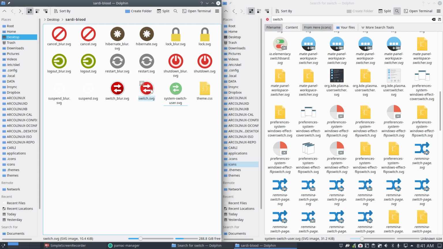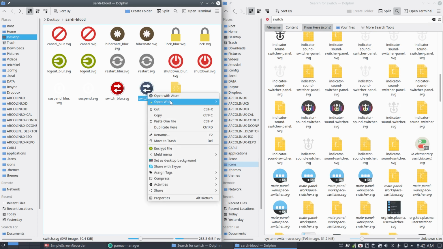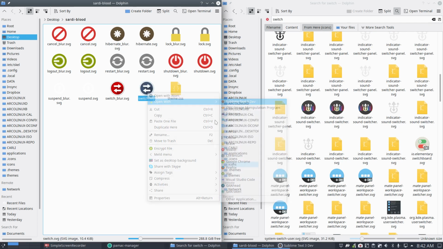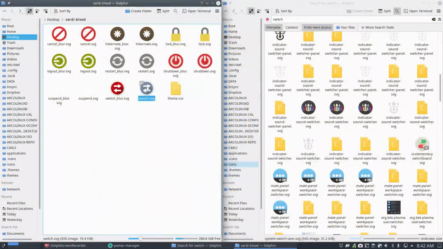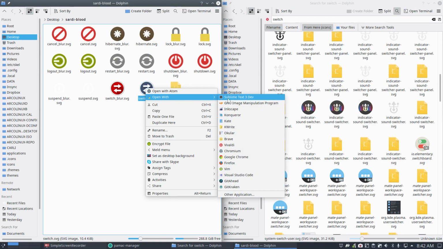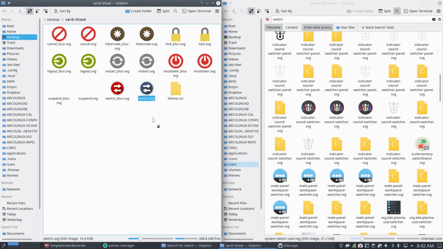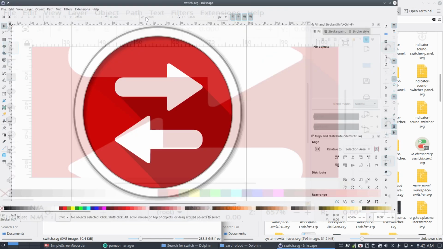We can also use that guy and edit it, because then the size of the lines will be more uniform. It's a little bit smaller. So if we take this one and open it with Sublime Text, oh, why am I doing that? Open it with, of course, Inkscape,